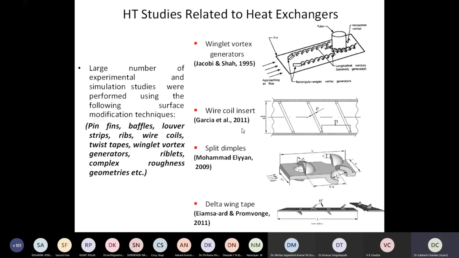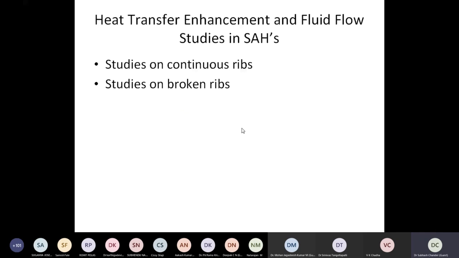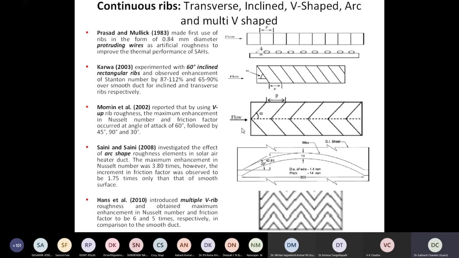Right. So in our study, we are focusing more on the ribs. We study different types of ribs, and people have used different types of ribs over the absorber plate. These ribs are transverse, inclined ribs, V-shaped ribs, curved ribs, arc-shaped ribs, or multiple V-ribs, multiple V-ribs with gap,